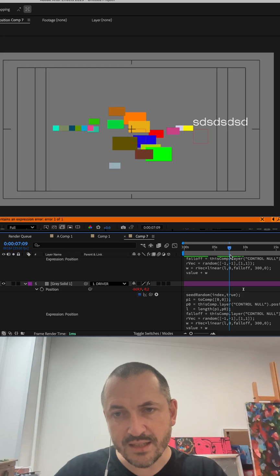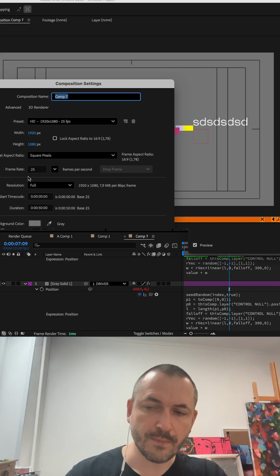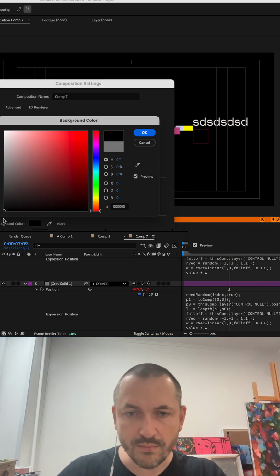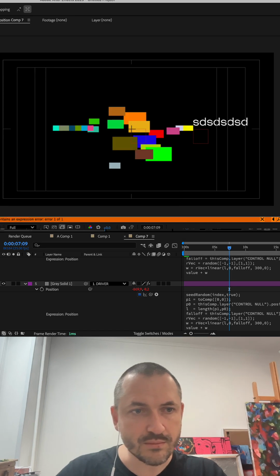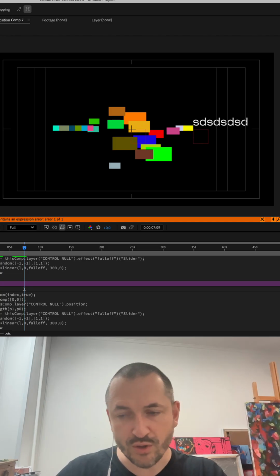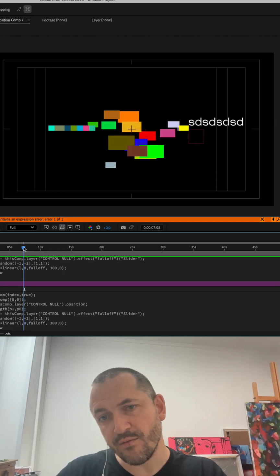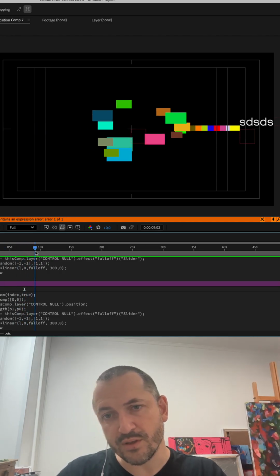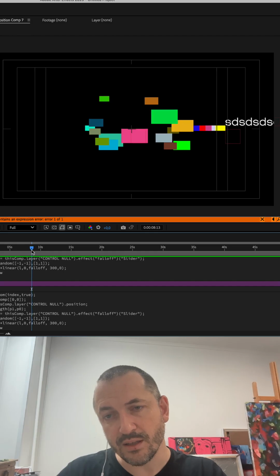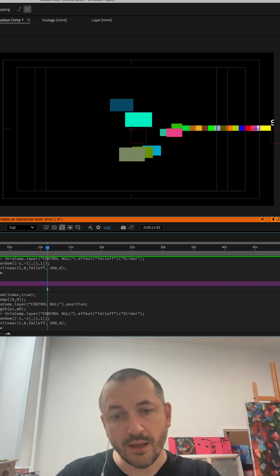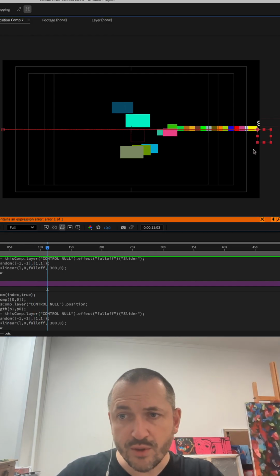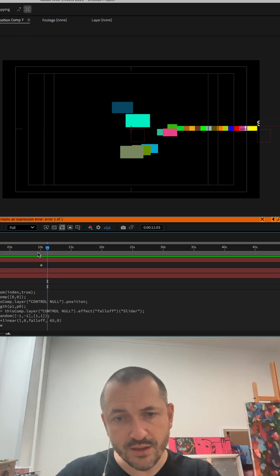So the next step is to make the background color black, and change our nulls and solids to precomps, and put any kind of video in the precomps, and have beautifully distributed layers. If you want to add some new layers, this is so easy.